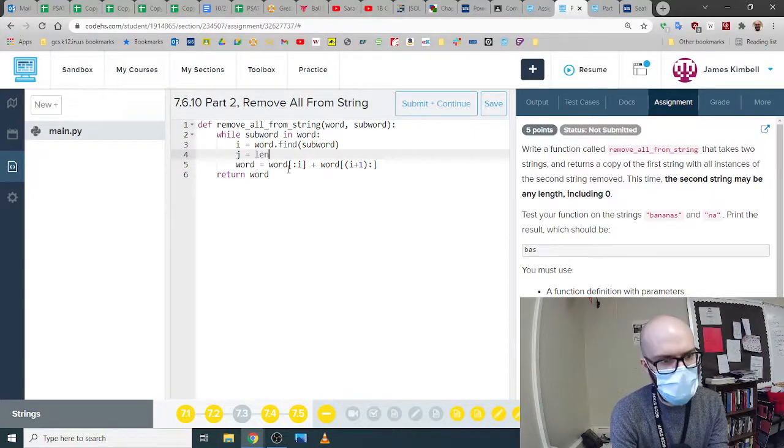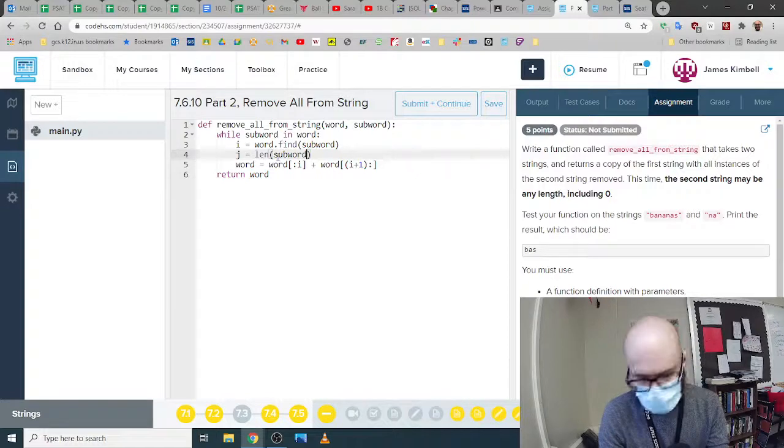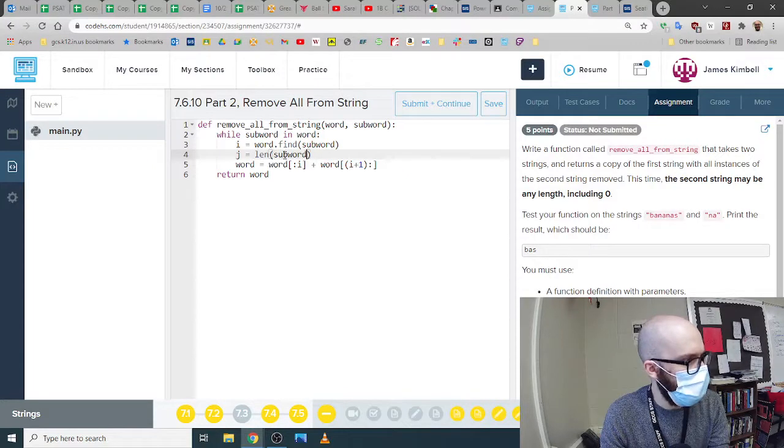So I'm going to go len of subword. Len means length. And so this returns how many characters it is. Or you could use len on other stuff. You could use len on a list or a tuple or a set or whatever, and it'll tell you how many items it has. And it's not always for strings. So now I'm going to jump ahead